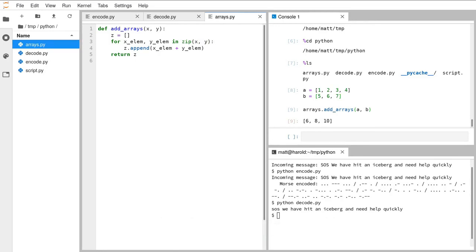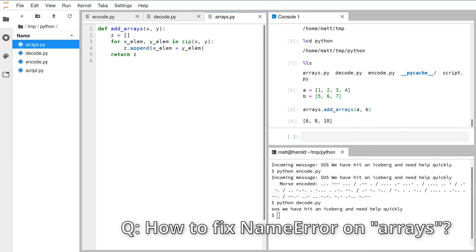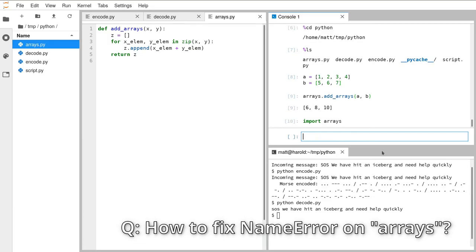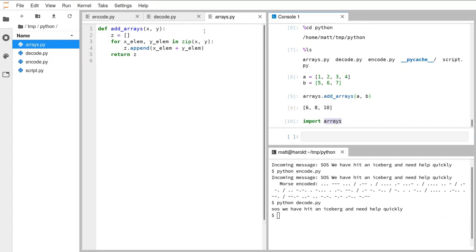Bryony, you're seeing name error, name arrays is not defined. Make sure that you have run import arrays before you try and call the function. So you have to import arrays. You have to do that every time you restart the console, every time you do a new script, in order to make sure that arrays has